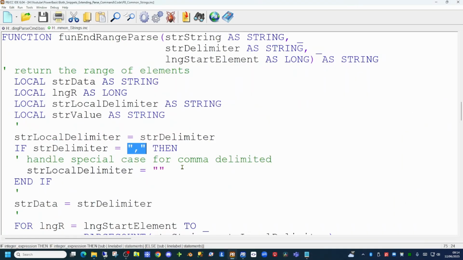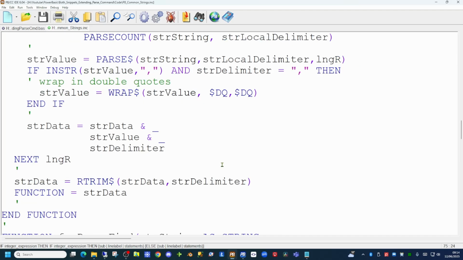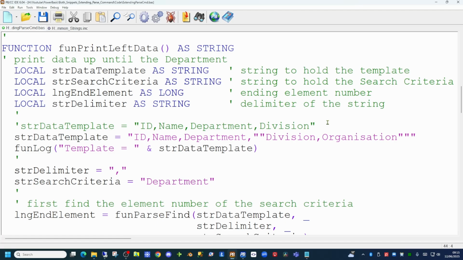And as before, we have special handling for comma delimited strings. Where we have embedded commas, as in here, we are using the wrap command to wrap the output in double quotes. For example, if our data template string had the division organization as we had before, if we print this out now,